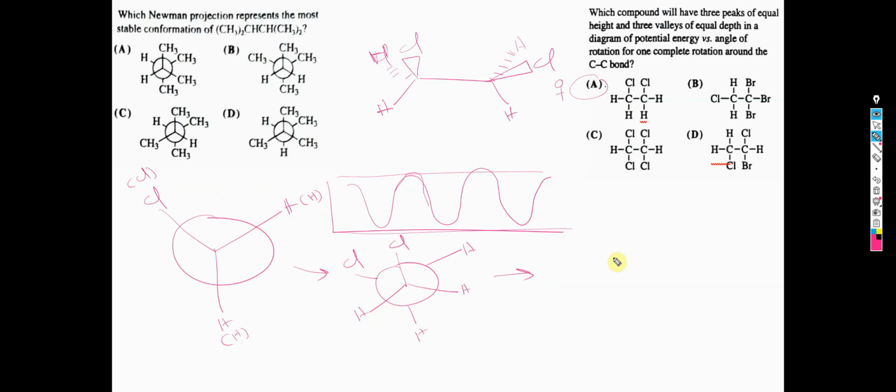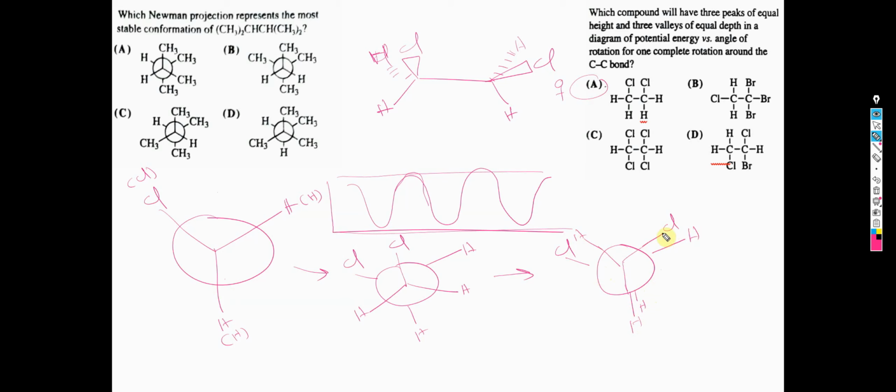Now the next eclipsed conformation you get is going to look like this: chlorine, hydrogen. The next eclipsed conformation you get, chlorine is going to be here, there is a hydrogen here, and a hydrogen here. Now this eclipsed conformation and this eclipsed conformation are not the same,